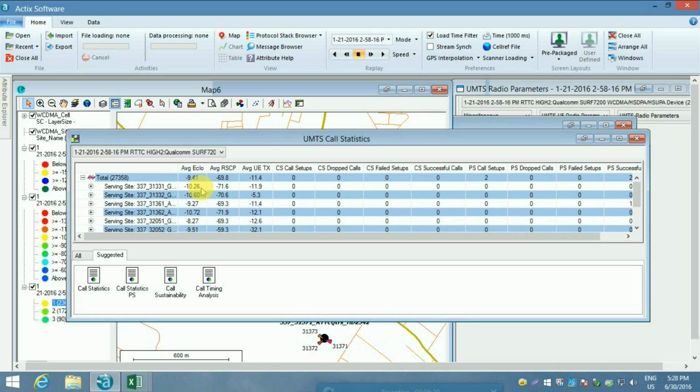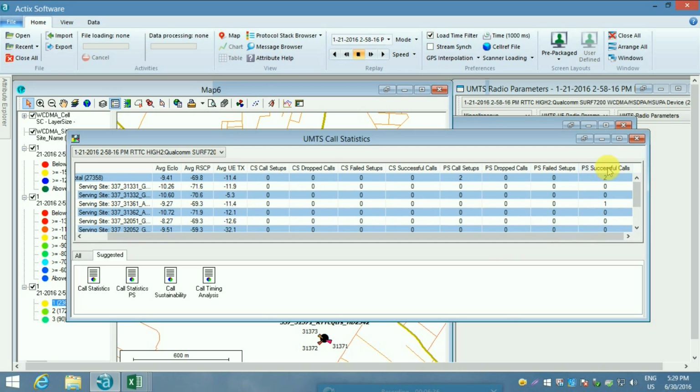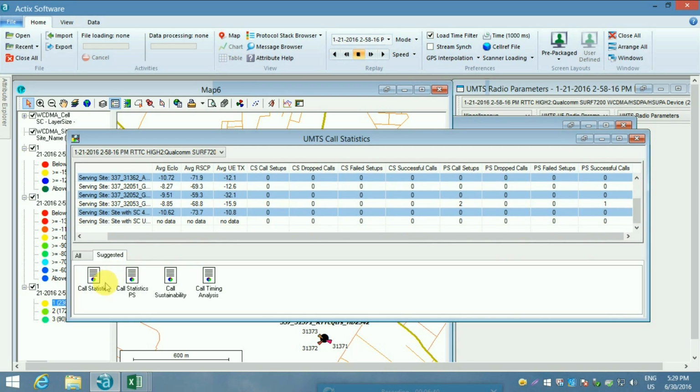Average RSCP, received signal code power, and UETX refers to user equipment, that is the mobile's transmission power, and the number of successful calls by each site. These can also be viewed on a workbook. Since we have already viewed it here, we don't need to go for that option.